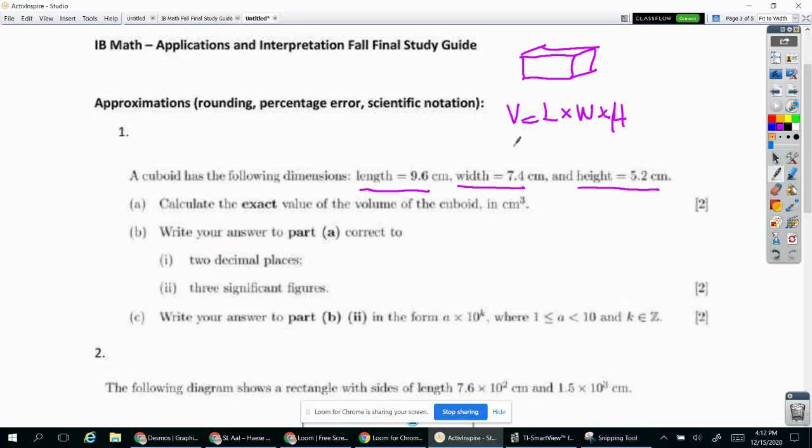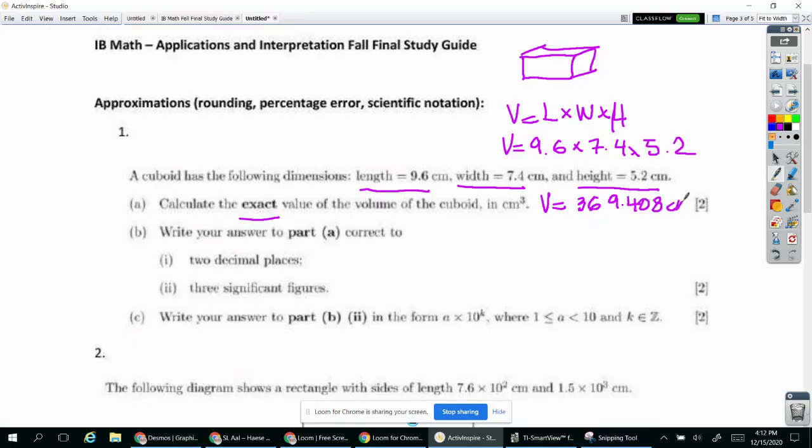In this case, V equals 9.6 times 7.4 times 5.2. That is going to be the exact value of the volume they're asking for, and if you enter this in the calculator, you will get